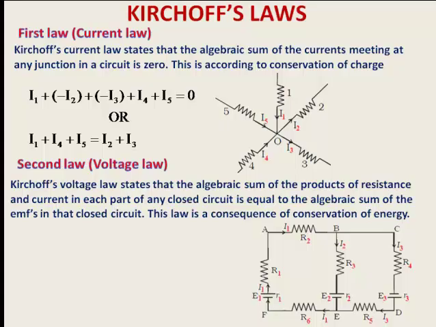So first of all, we presume a particular direction of current and we apply the junction law. Now let's say at the point B, there is a junction. I1 is coming, I2 and I3 are the going currents which I have taken. The first thing is, by the junction law, I1 is equal to I2 plus I3. We can reprove this at E, because at E, I2 is coming, I3 is coming, and again I1